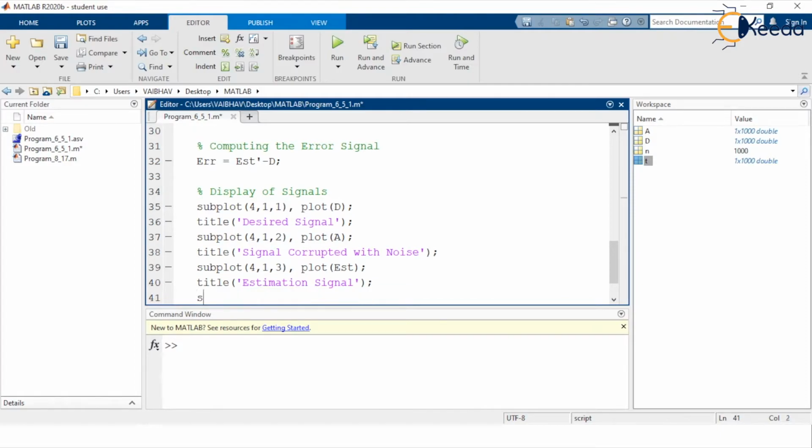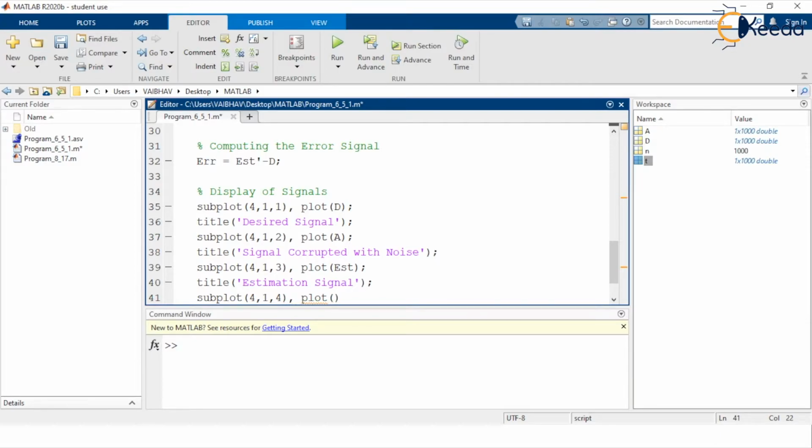Let us have the assignment to the last subcell. So we have 4 comma 1 comma 4, the fourth cell, and here it is the plot of the error signal, which is the difference between the estimation signal and the desired signal.